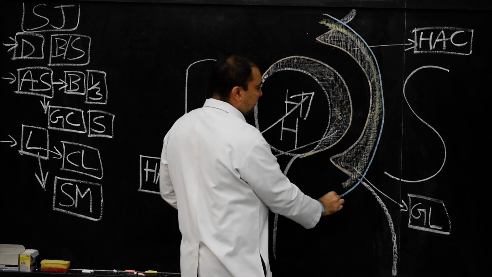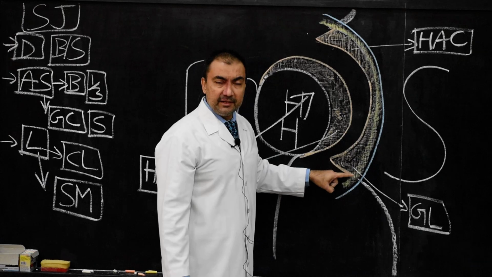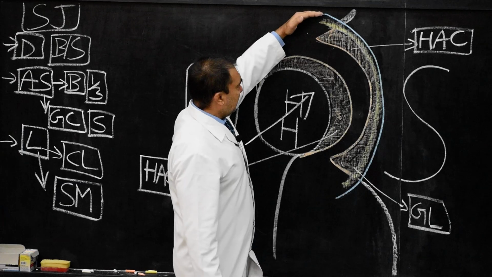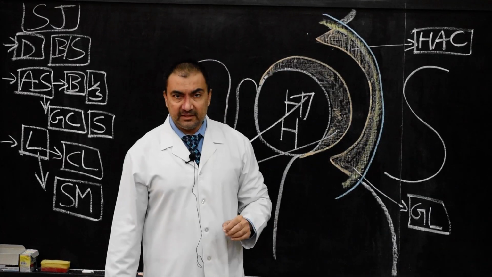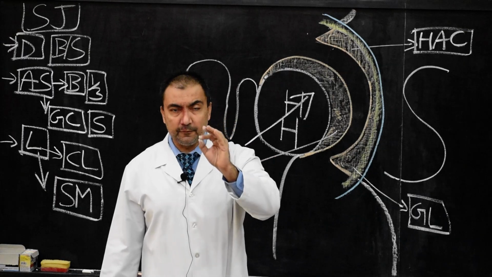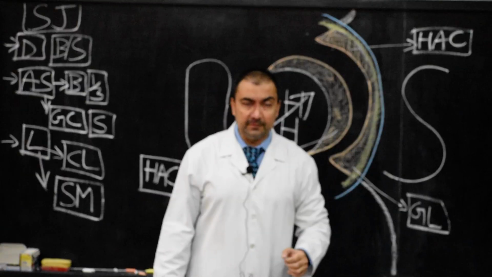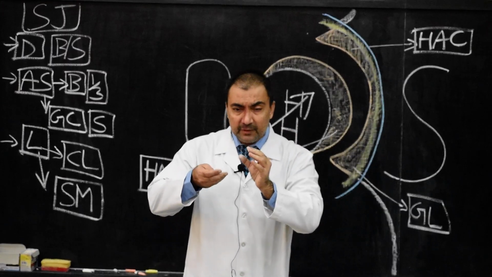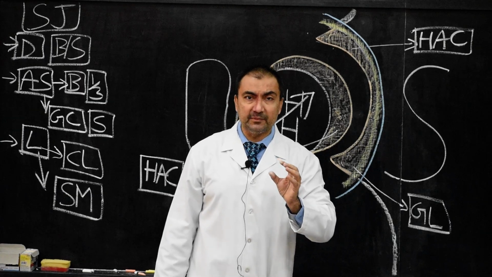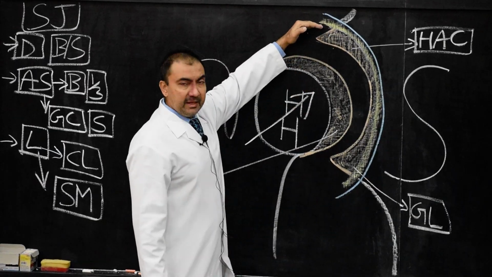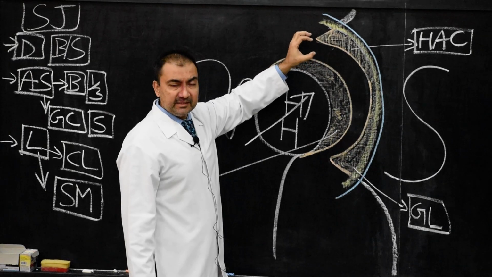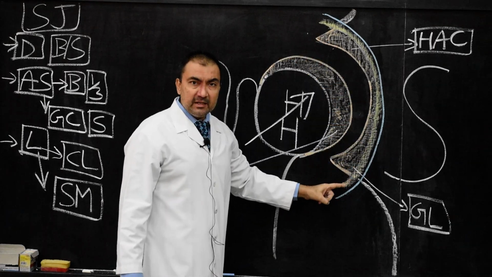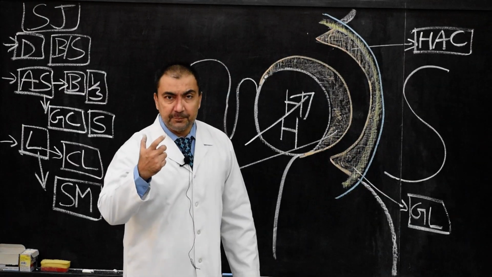Here, this is the fibrous capsule. It is attached outside the glenoidal labrum. This is a very important point. And the second important point will be at the supraglenoid tubercle. There is a tubercle, supraglenoid tubercle. There is the origin of long head of biceps brachii muscle. So it will leave some space for the biceps brachii muscle, or it will cover the long head of biceps brachii muscle. Superiorly, it will include the origin of long head of biceps brachii muscle. That point should be included. So that is the medial attachment of fibrous capsule.